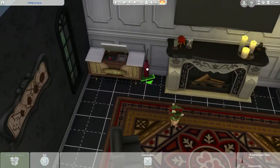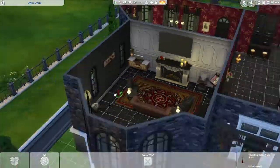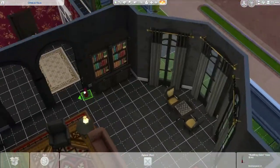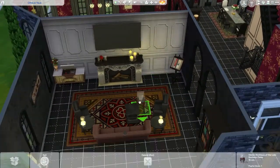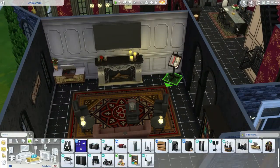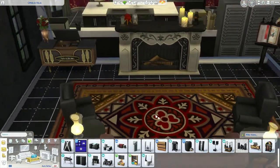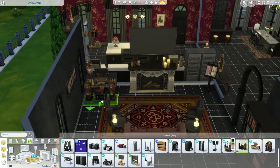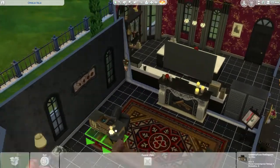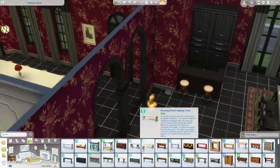I just felt like it made more sense, which again, going back to, they don't have a lot of entertainment in their house from the lore and things like that. I feel like this would be something new that they would have, but I don't know. I just felt like it fit in that corner, so I put it there. And originally I really liked this old mid-century modern, I guess it would be a record player. But the more I looked at it, I'm like, it doesn't really go with the aesthetic. It's a completely different style, so I went with this other